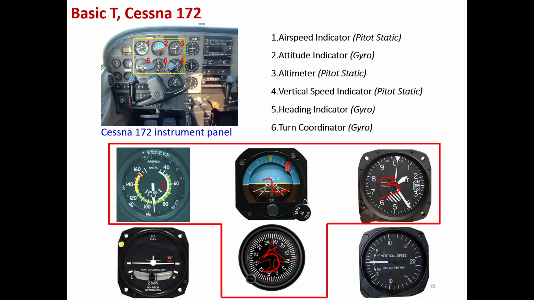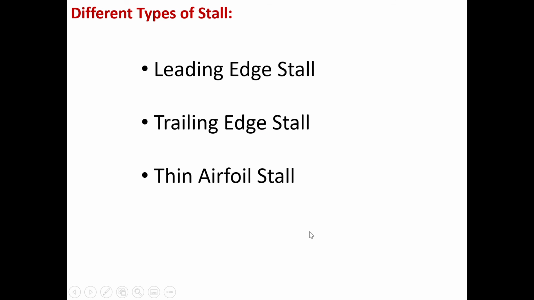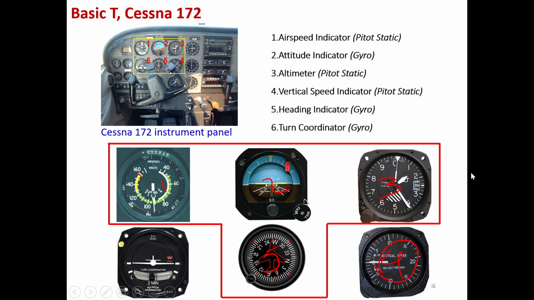Gauge number 3 is the altimeter, and it gives you the altitude using the pitot-static system. Gauge number 4 here is the vertical, I'm sorry, it's the other way around. Gauge number 4 here is the vertical speed indicator, again with the pitot-static. Then we have the heading indicator, which is one of the basic T gyroscope instruments, and we also have the